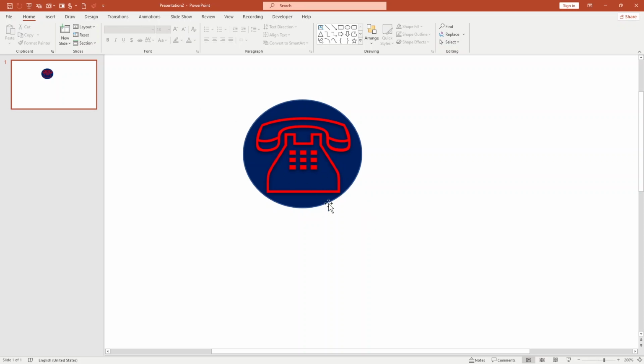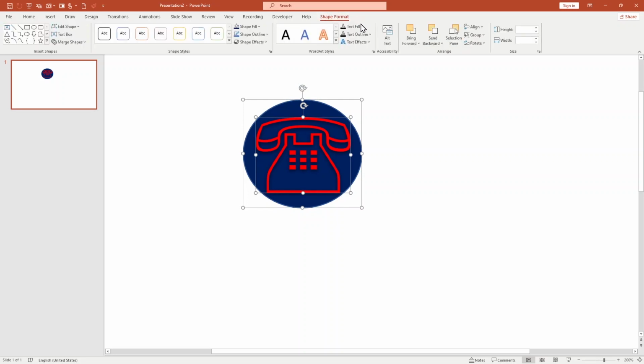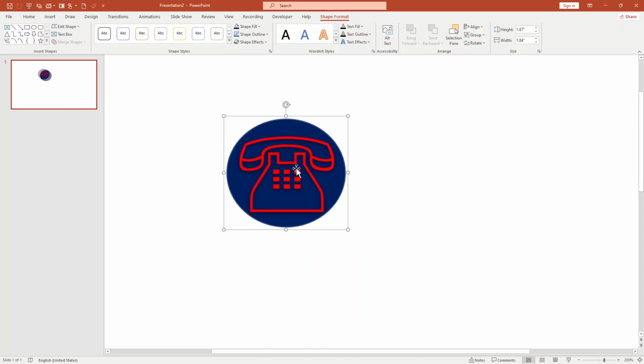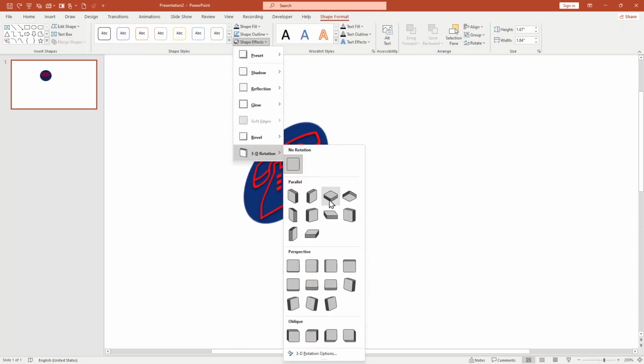Then what are you gonna do? Just select both of them and go to Shape Format, and from Shape Format just click on Group so it can now be easily moved. Okay, then what I'm gonna do is click over there and go to Shape Effect, and you can use your